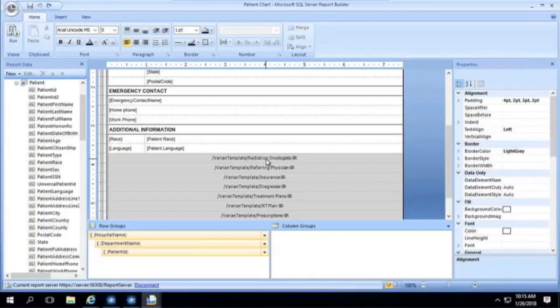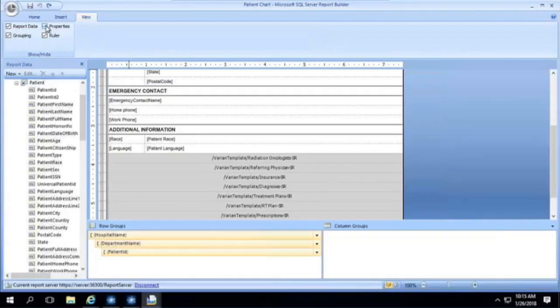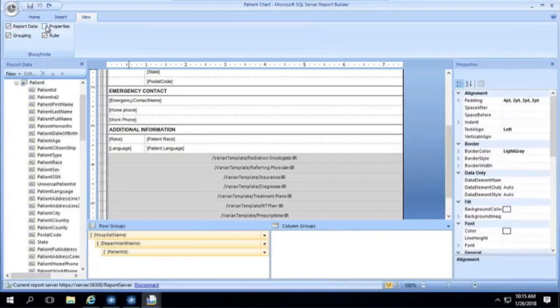Okay? Now, there's also some things when you first come into looking at your Report Builder and the layout. If you go up to View, there's this Properties box. That's the thing that you see on the far right that's open. I will normally turn this on because there's a lot of additional functionality on this property side that you wouldn't see unless you have this on. You could see it, but only if you right-clicked on the box and then went to Properties. But this just makes it a lot simpler because now anything I click on over here,